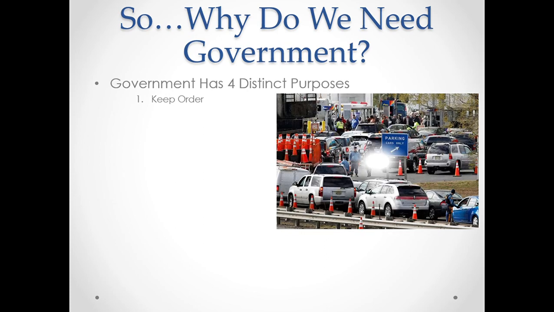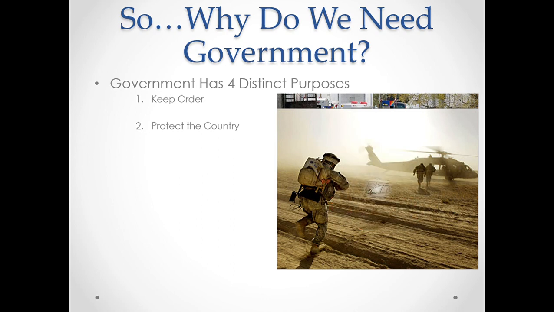So the second thing that the government does is it protects the country. That one's usually pretty easy, because pretty much anything involving protecting the country has to deal with the military. As we've mentioned in the citizenship unit, gentlemen, at the age of 18, you'll be required to register for the Selective Service, which is also known as the U.S. Draft. In the very rare chance that the government would actually do that, you would be required to go serve in the military to protect the country. And that one's pretty self-explanatory.